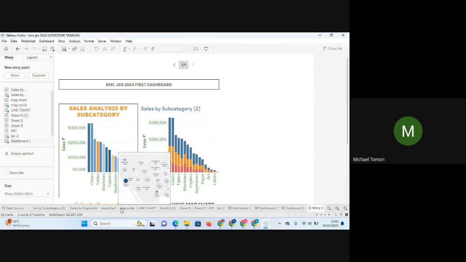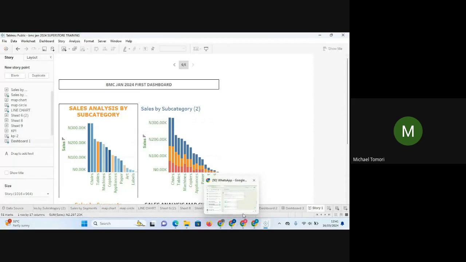Tableau is a very good visualization tool, and I believe with constant practice, he will soon become an expert there. Personally, I see it